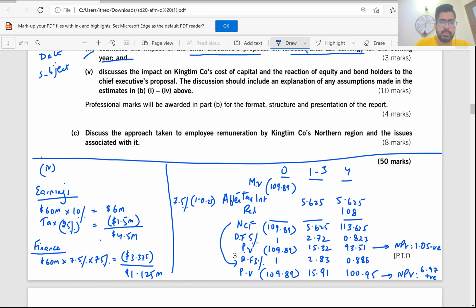Now there is one 10 marks requirement. That's 5. Discuss the impact on cost of capital and reaction of equity and bondholders to the CEO's proposal. The discussion should include an explanation of any assumptions made in estimates B1 to 4. Now in B1 to 4,